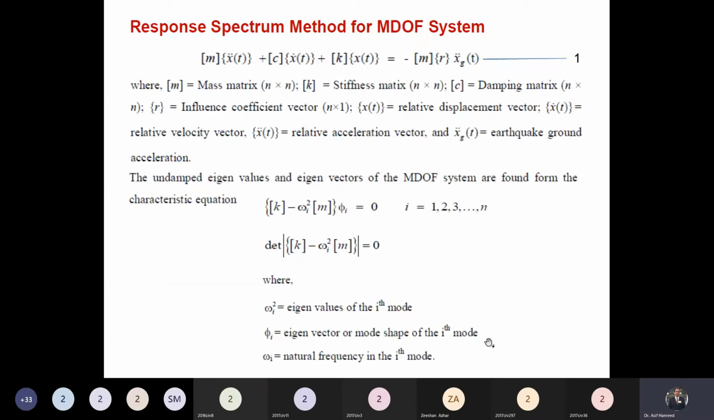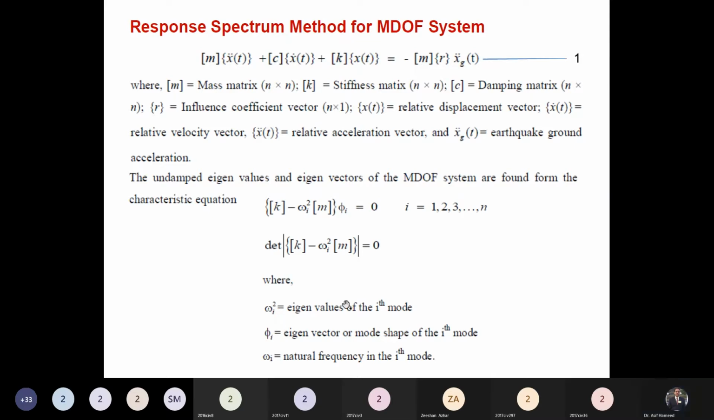So find out the omega values. How many omega values will we have? We will have omega values equal to the degrees of freedom of the system, and this is the omega value for the ith mode. Similarly, we can find out the eigenvectors for each eigenvalue, and these omegas are the natural frequencies for the different